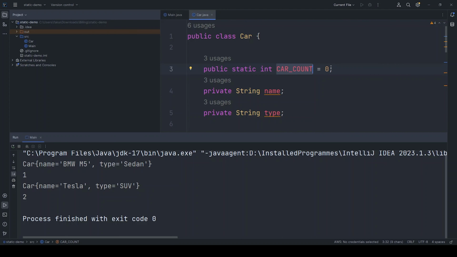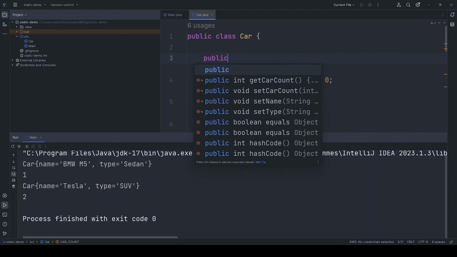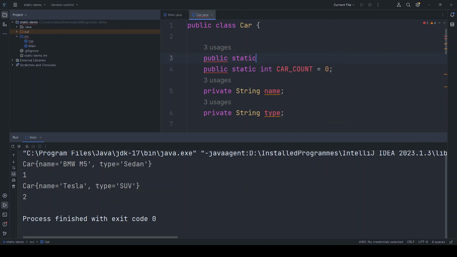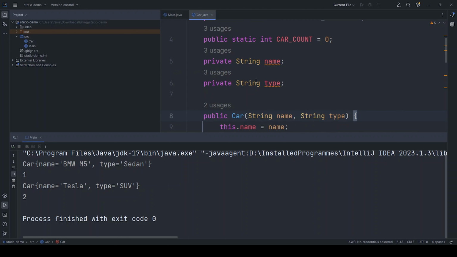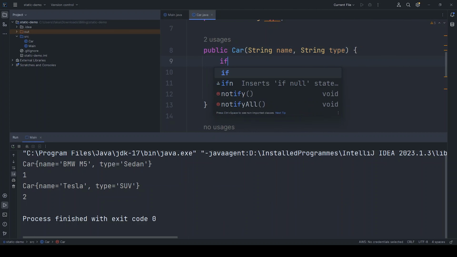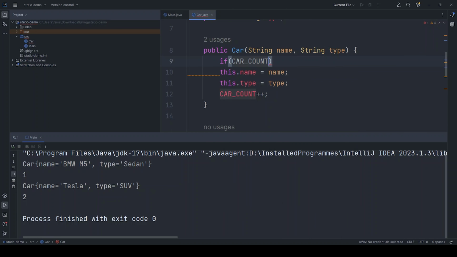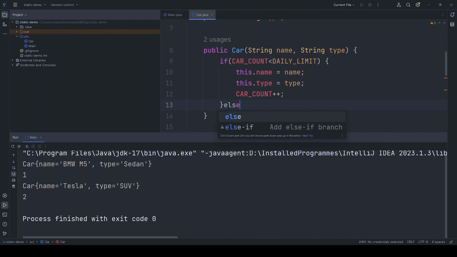Now let's go back to our use case. So for that, I will create another static attribute. I will say static int daily limit equal to 2. And to make it constant, I will make it final. And here I will add a clause. I will say if car count less than daily limit, then assign the values to our attributes and increment the car count. Else